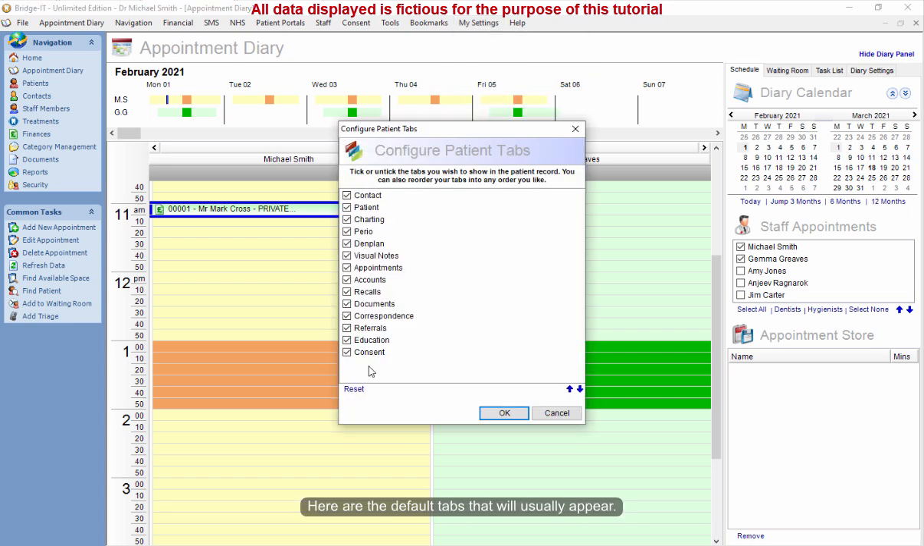So here are the tabs that we would normally see in the patient record, and this is the standard view. But let's say, for example, that we're not doing den plan. We don't want to see that particular tab. Let's say also that we're not doing referrals and we're not doing patient education tutorials, so we don't need those ones either. So if I just untick those and OK,